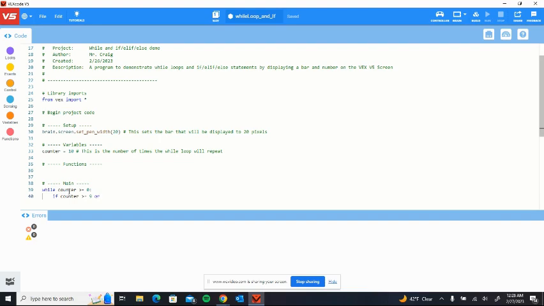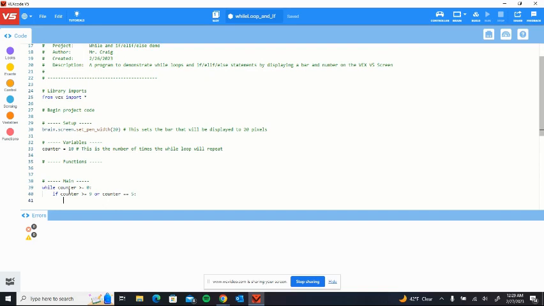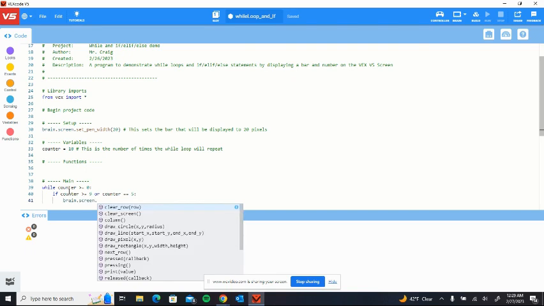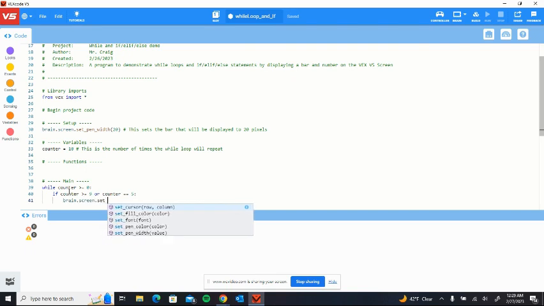or counter is or equals, and for equals is 2 equal signs, otherwise we're assigning. So, or counter equals 5, colon, enter, and I'm going to set my pen color to green. So brain dot screen dot set pen